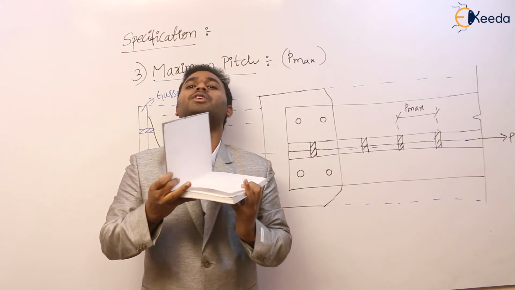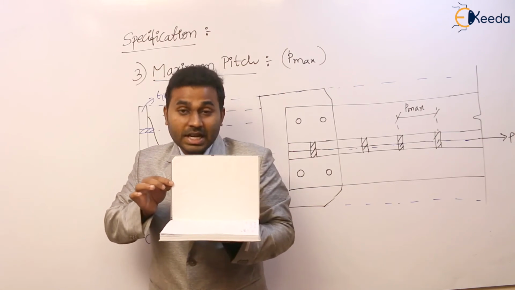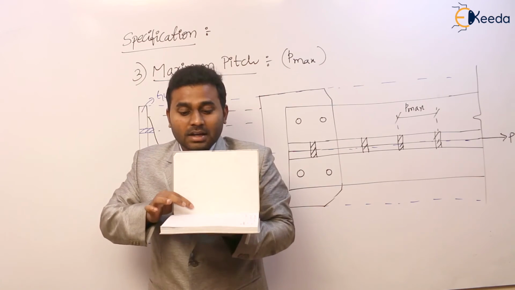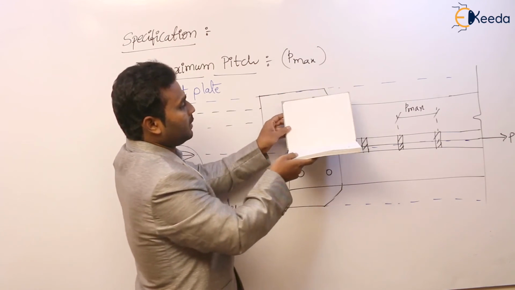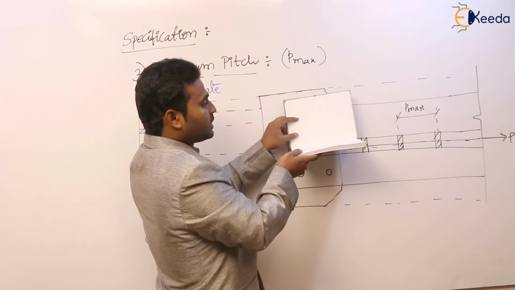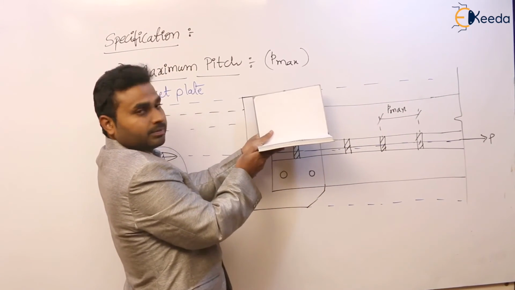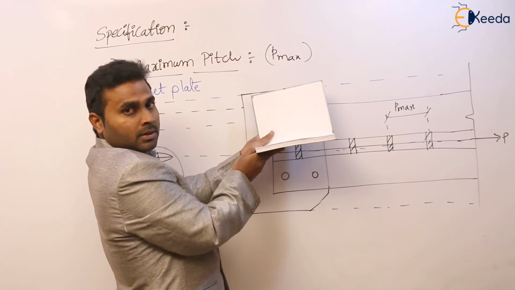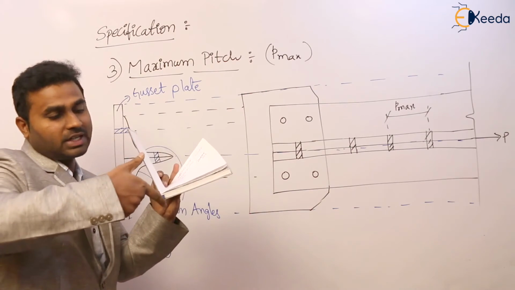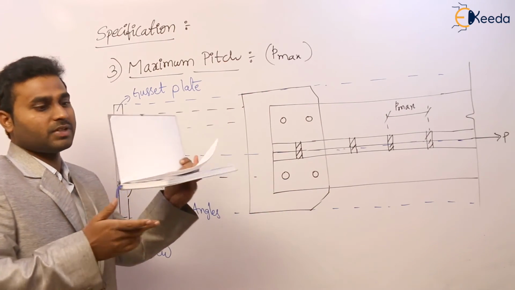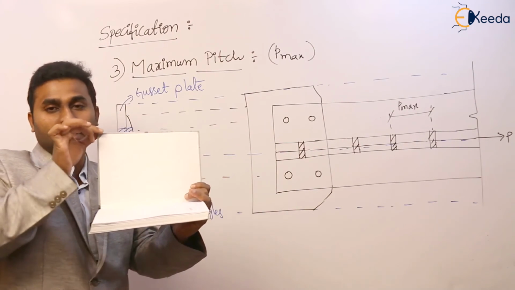Agree or not? But if we show it in this direction, front view, in this front view this leg seems like a rectangle. Yes or no? Rectangle. And this leg seems like two lines. So that is what we have shown here. This is the important thing here. If we see in a cross section, we can see both the legs, width and thickness. But if we see in the front view, this leg shows two straight lines, and this leg a rectangle.